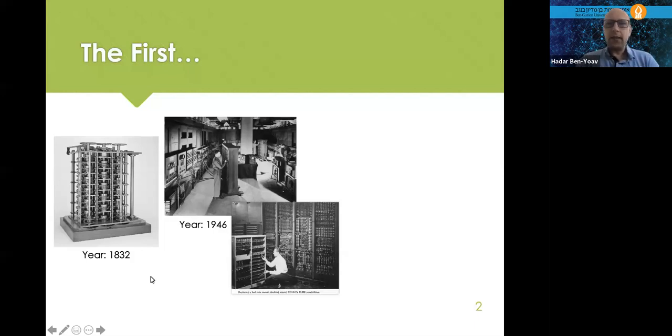So before we begin, I brought some images, photos of the first something. In 1832, what you see here is the first mechanical computer that was able to do several calculations. Back in 1946, what you can see here is the first electronic computer. During these days, one computer had to fill up a whole room, and if there was some kind of small